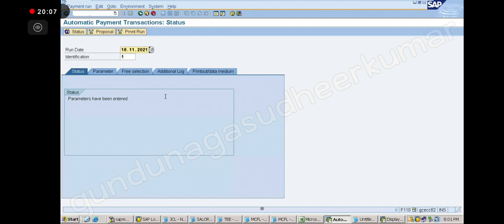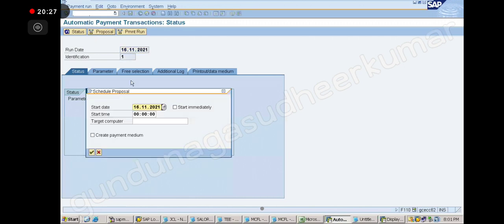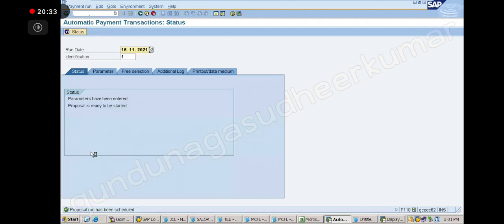So now I do not have any normal items or special items, but I have a noted item for the advance payment. Now, is the payment over or not over? Not over. Only the request has been put. Correct. Now I am going to take it down. So go to schedule proposal, start immediately, create payment medium, enter.